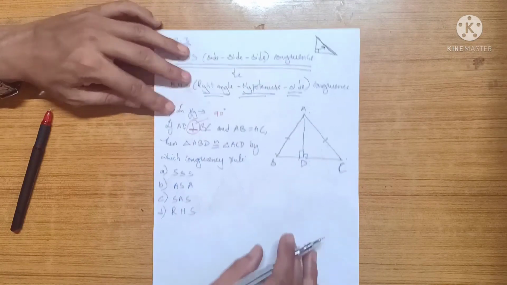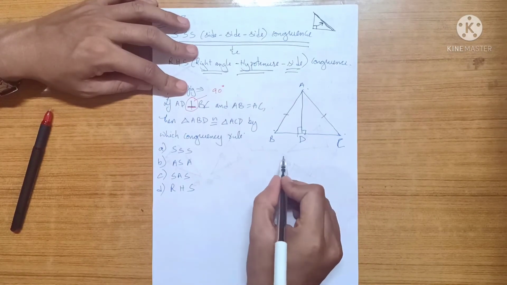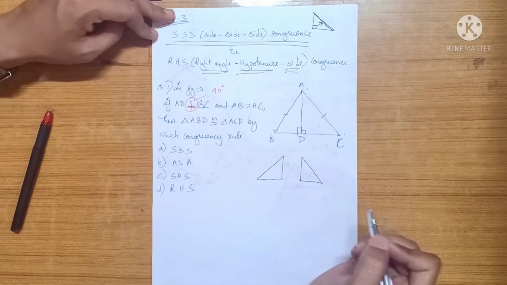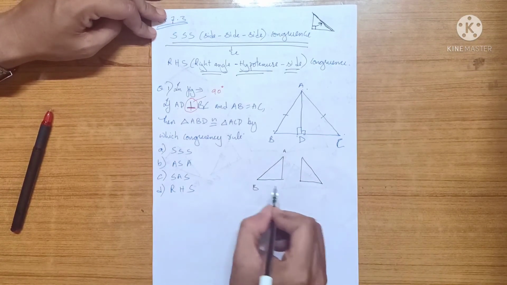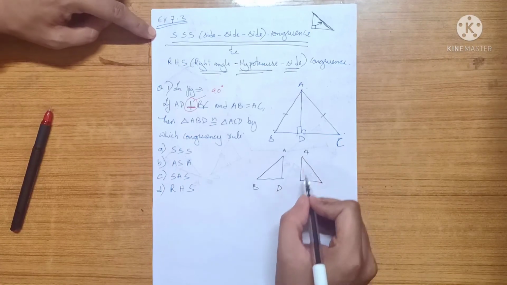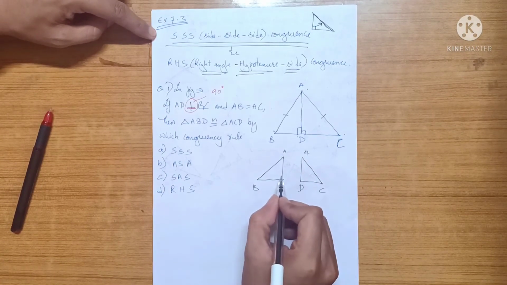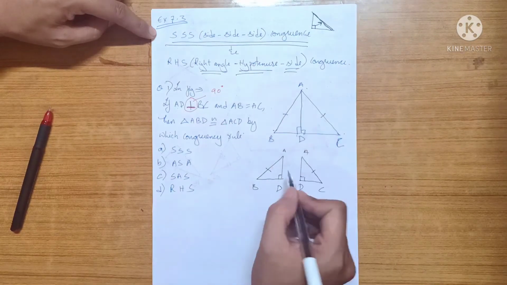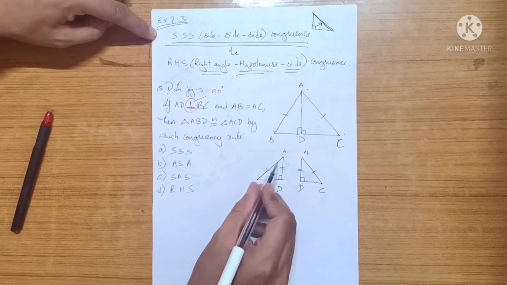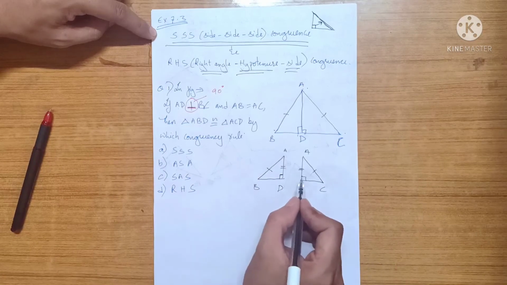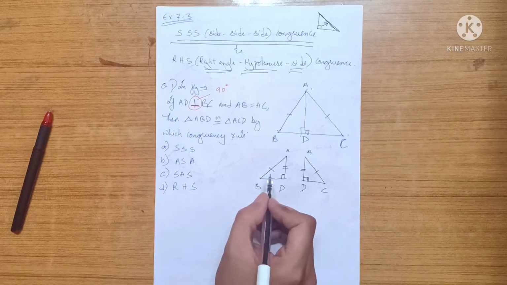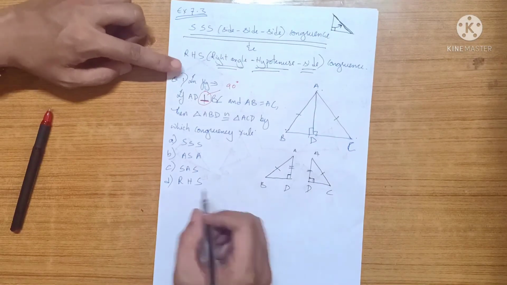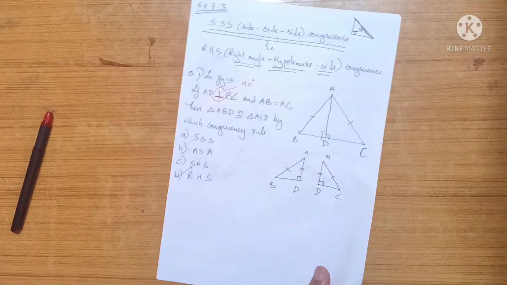By which congruence rule? Let's draw the triangles and see what we have. A, B, D and A, D, C, we have a 90, they said these two are equal, and AD is common. So both are right angle triangles, they have 90 degrees each, the hypotenuse is equal, and one of the sides is equal, so it's going to be RHS. Okay,